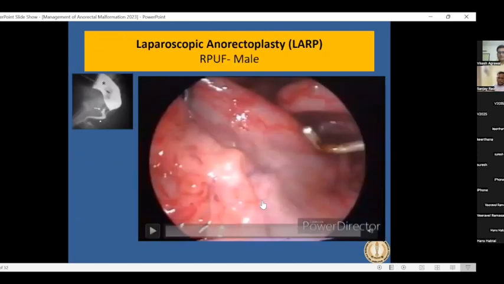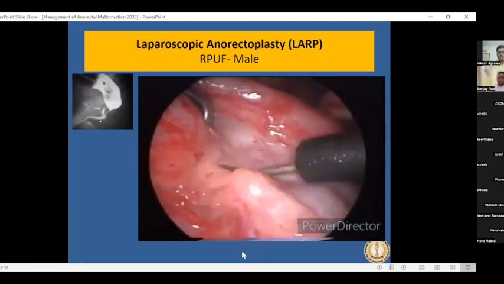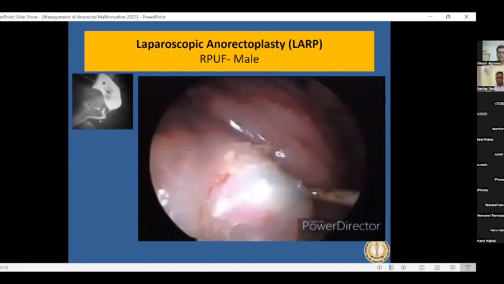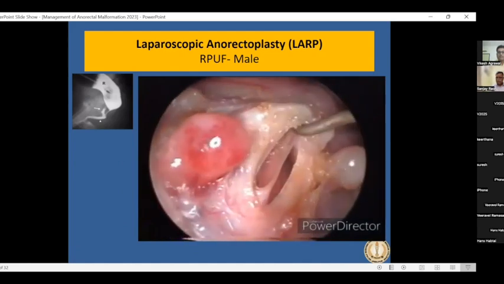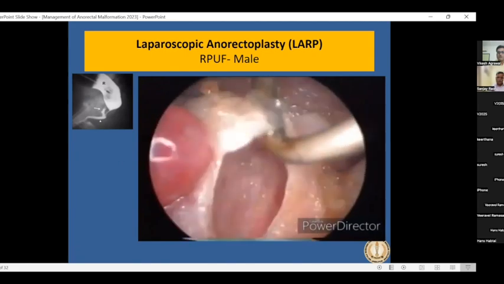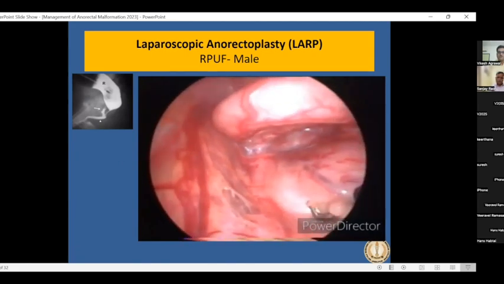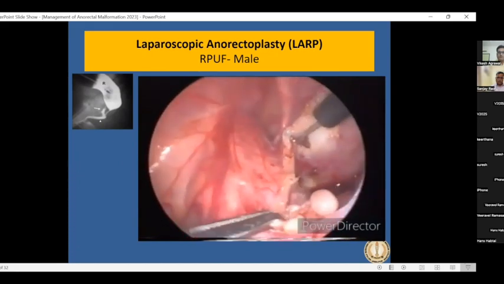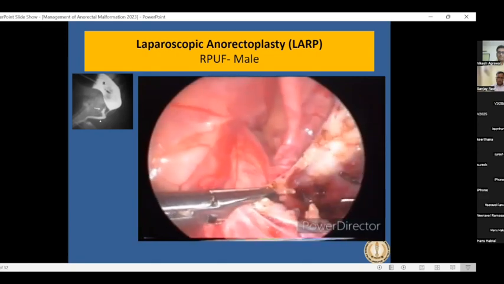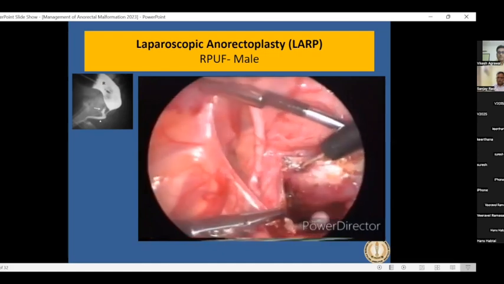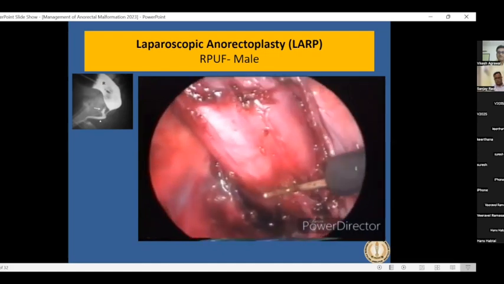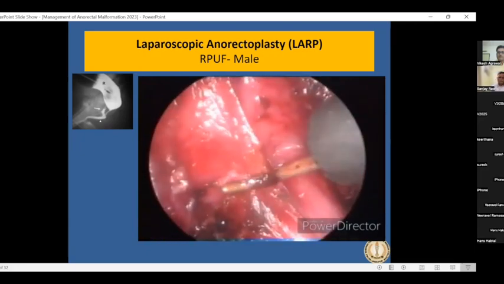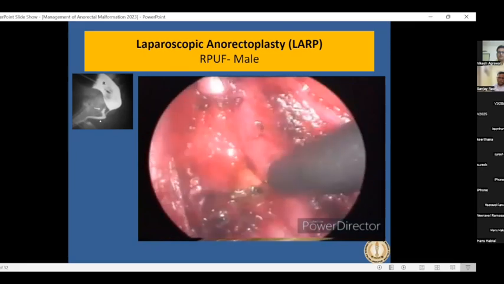I won't go into much detail of the technique, as many of you know about that, but this is a case of rectoprostatic urethral fistula. Usually it's a 3-port technique. The first step is the dissection of the mesocolon, and you mobilize the colon on both sides and create a window behind the rectum. This is the left side of the dissection you see on the video. Usually for a right-handed person, left side dissection is a little tricky. The key points are to identify the ureter and vas deferens and avoid injury to the rectum, maintaining the vascularity of the rectum. Then there is a posterior dissection, which is crucial because a good posterior dissection allows you to easily